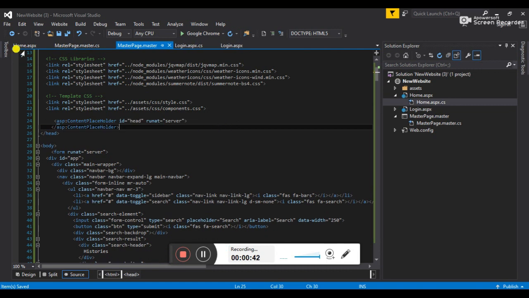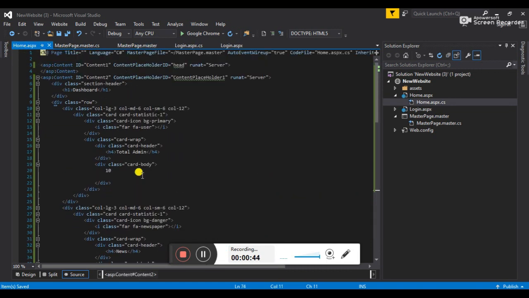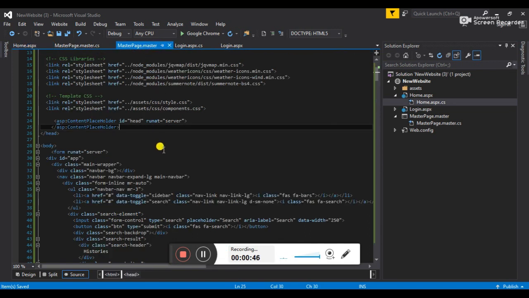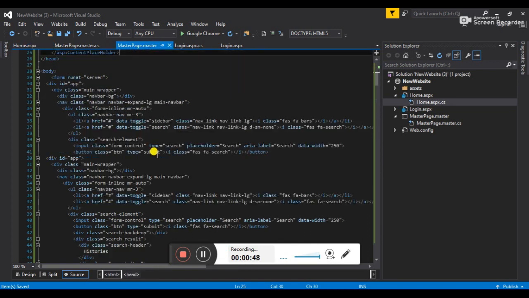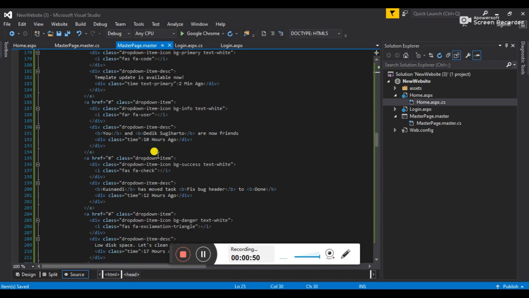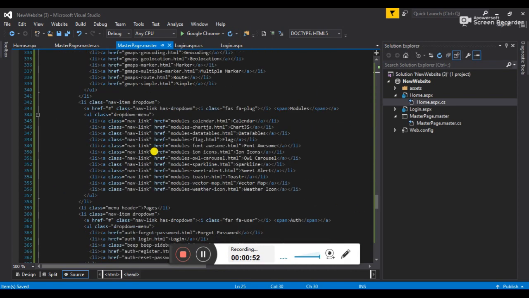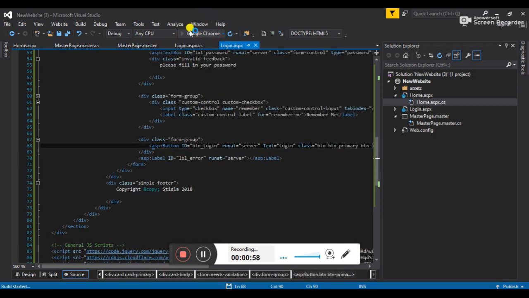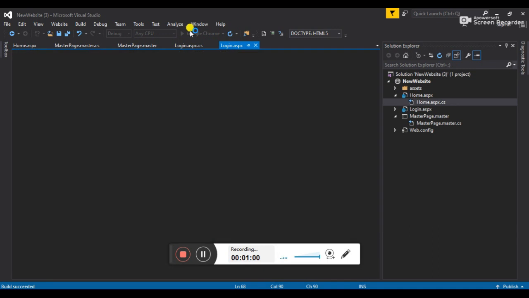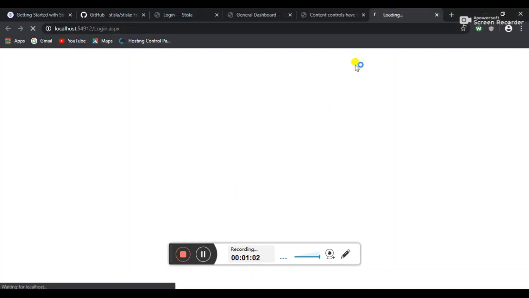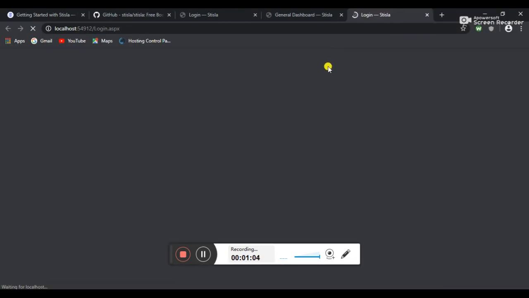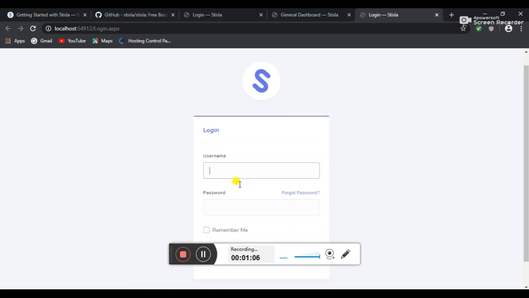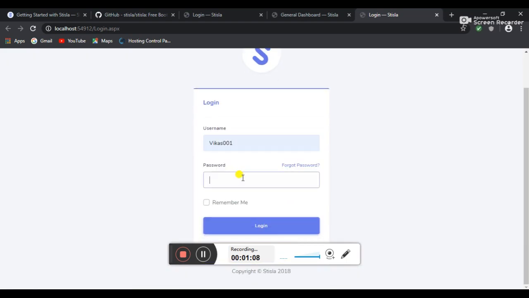Okay, done. Now see, here is the design and here is the master page. Okay, so now we will log in. Now we'll provide it a perfect name.